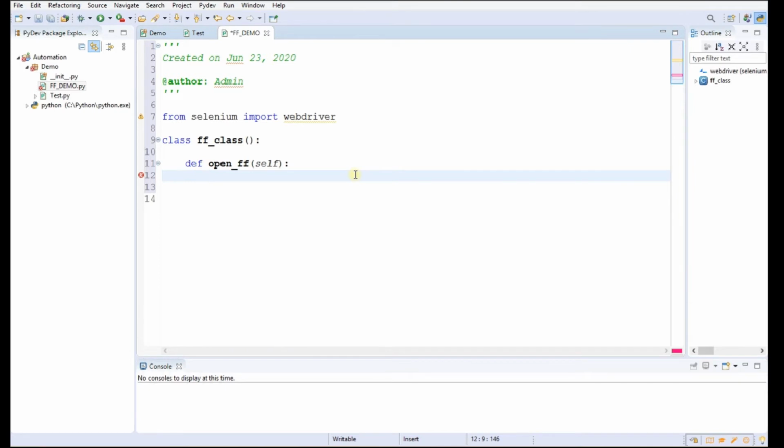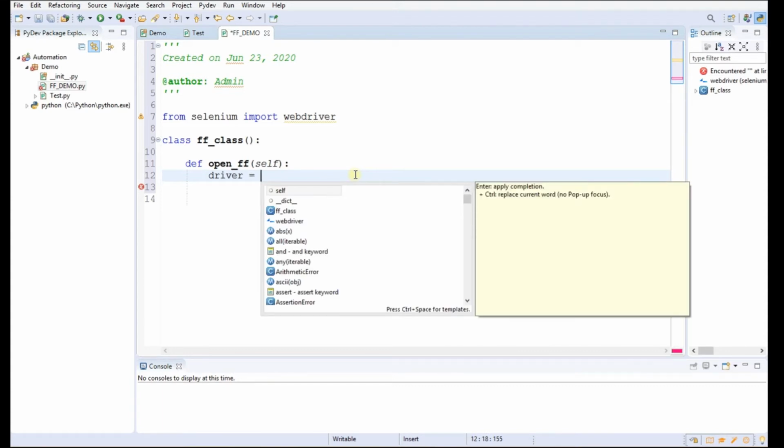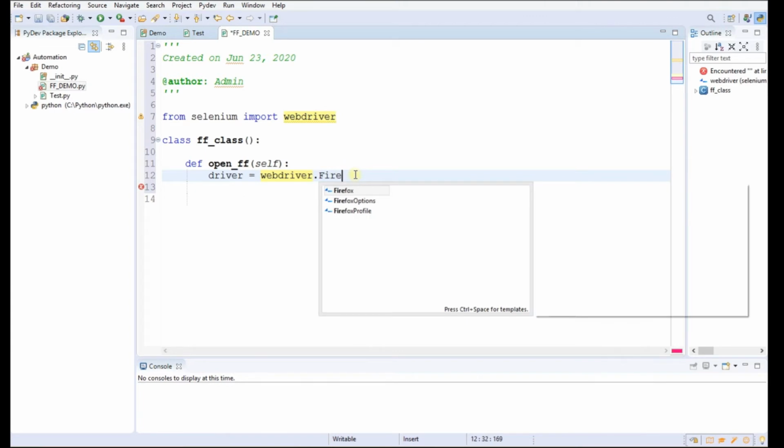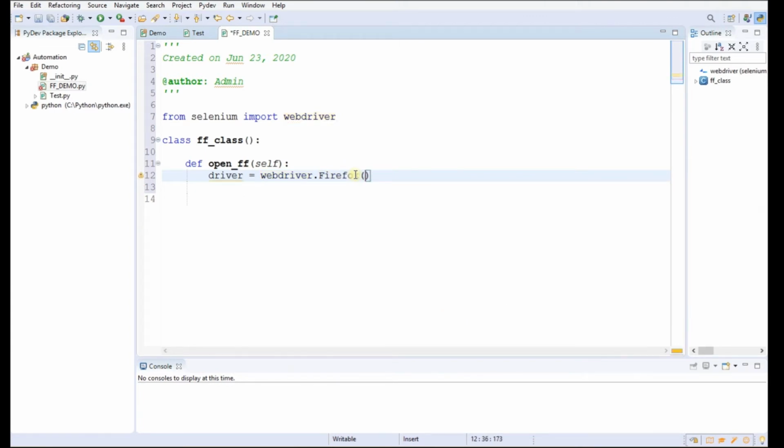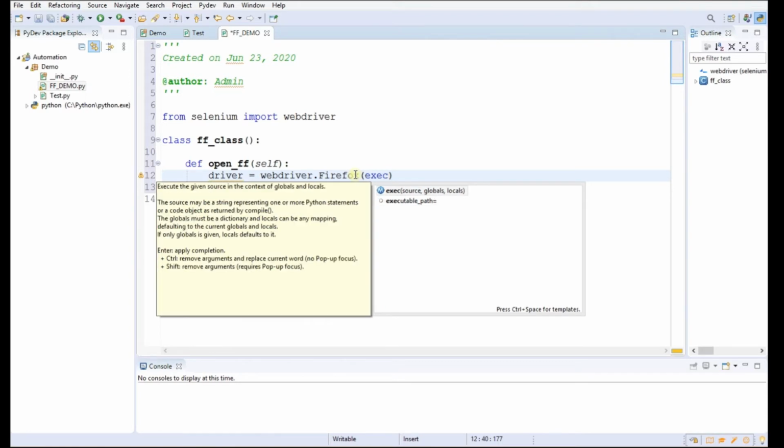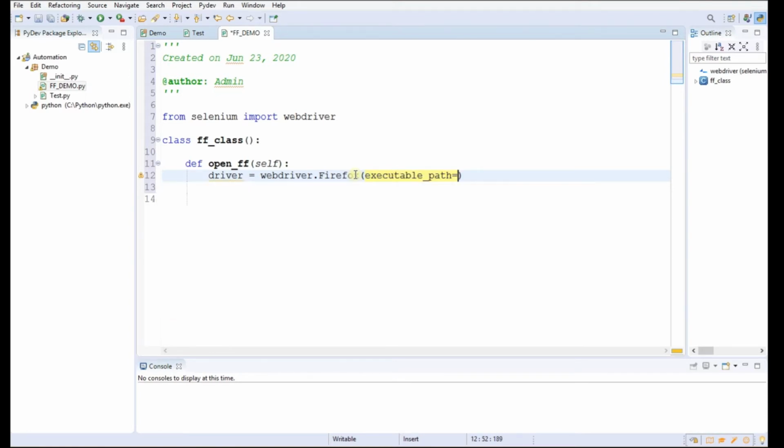So inside this method, we have to write driver equals to webdriver dot Firefox, and the arguments we have to give: executable path equals to, and in here we have to give the location of the Gecko driver. I have already downloaded the Gecko driver.